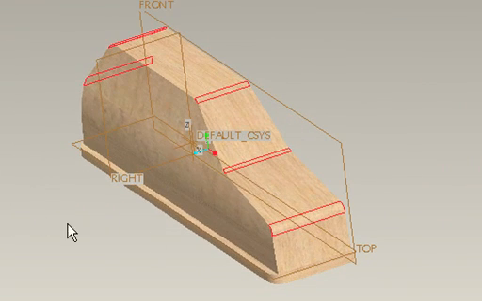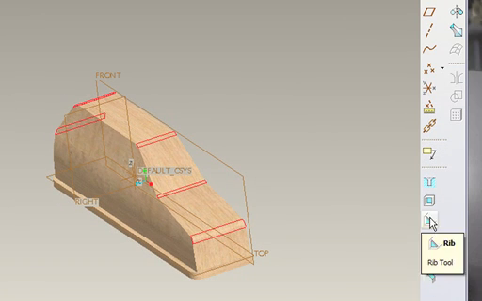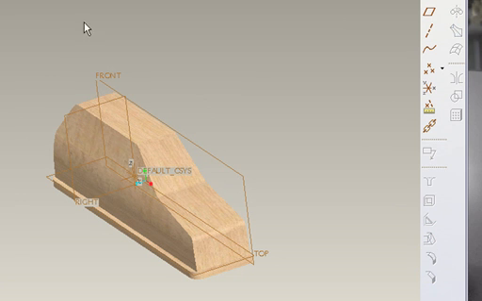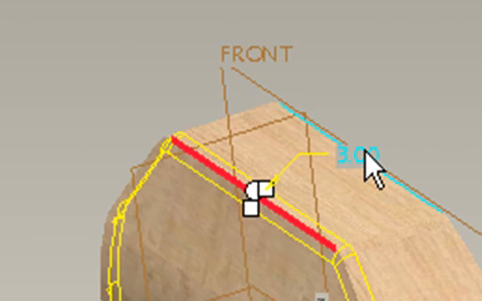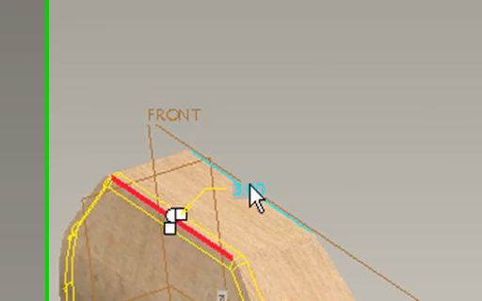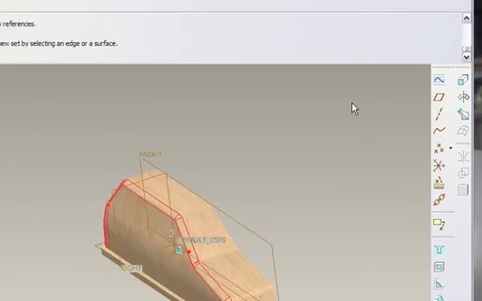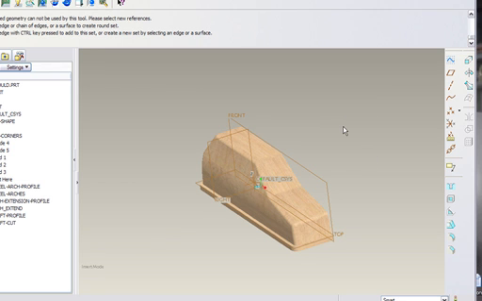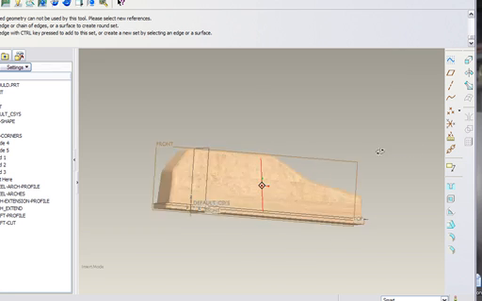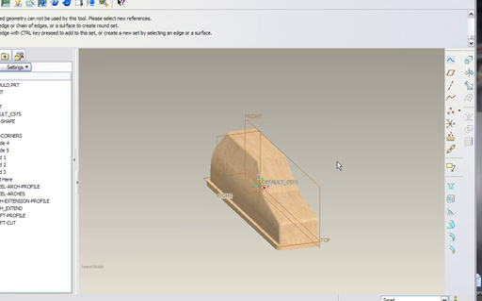We now want to create one last round going along the whole side of our car. So select round from the tray, select any area of this edge, and then make sure that this dimension is set to 3 and accept. Now we have half the car completed. What we want to do now is mirror this